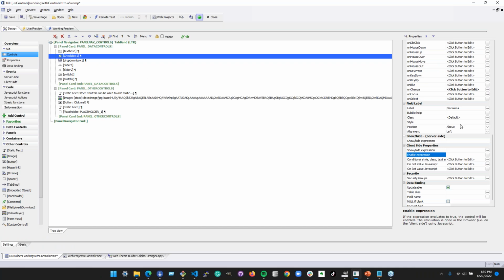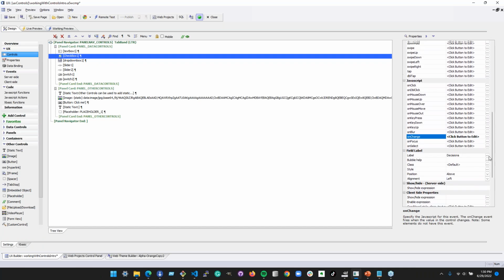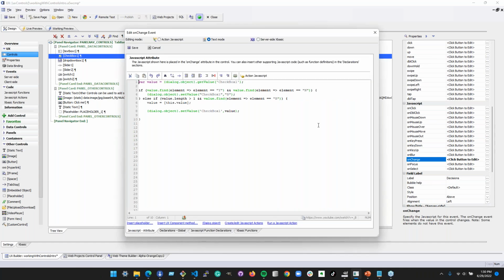And on that checkbox, that was done through the onChange event. Open that up. And this is the JavaScript for it. It uses, I forget what this is called in JavaScript, but it's a function syntax. But what it does is it gets the value of the checkbox, which is an array, because checkboxes can have multiple values. And it searches it for yes and for no, and if both are there. So if both of these functions return a value that isn't undefined,